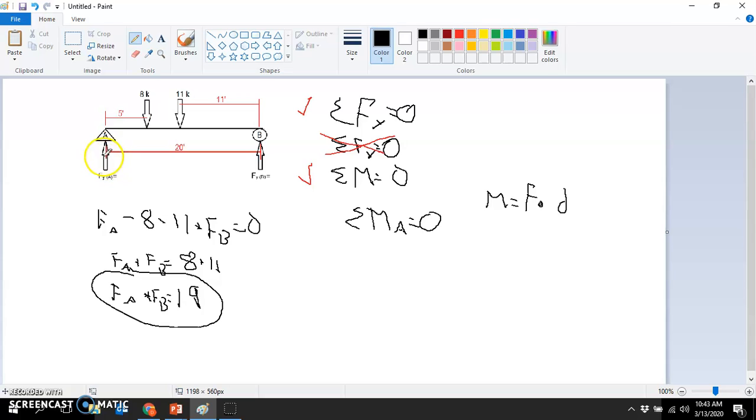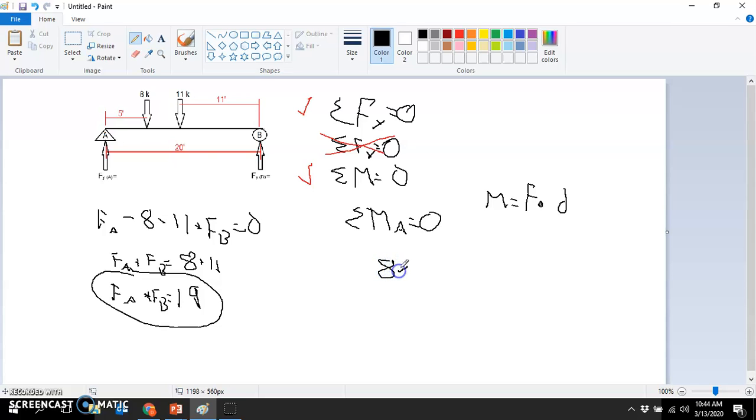Our distance from this force to point A is 0, right? Force A is applied directly at point A, so there's no distance. So if distance equals 0, force times 0 is 0. So I'm not even going to analyze this force anymore because it goes away. So now we have 8